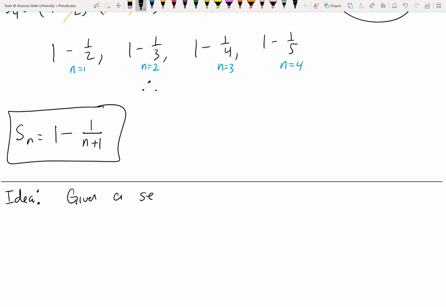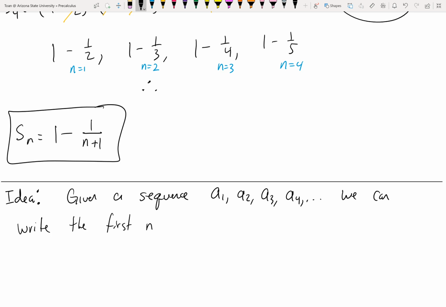Given a sequence, say a sub 1, a sub 2, a sub 3, a sub 4, so on and so forth forever, we can write the sum of the first n terms using something called summation notation,